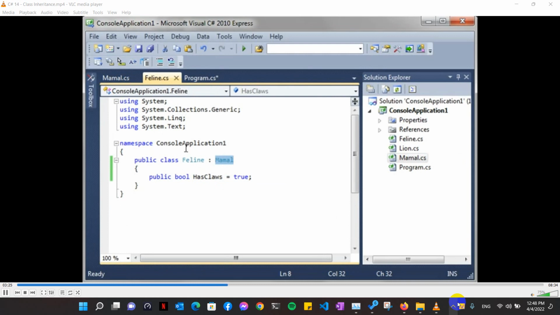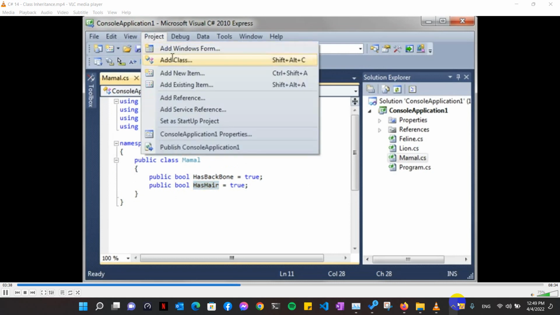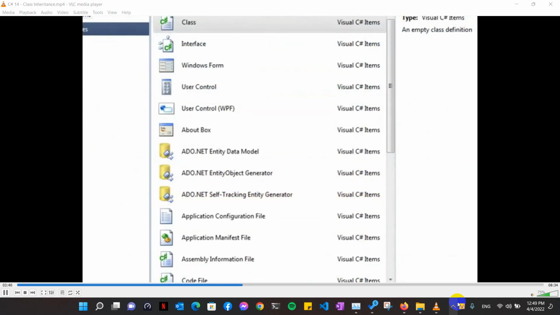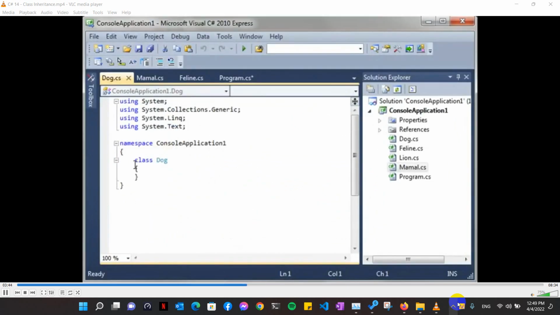Now, why would you need multiple inheritance? Why can't you just add those properties into the feline? Well, let's say some genetic evolution happens and mammals change. Well, dogs are also mammals, aren't they? So let's just add a class, and let's say dog. And we're going to inherit